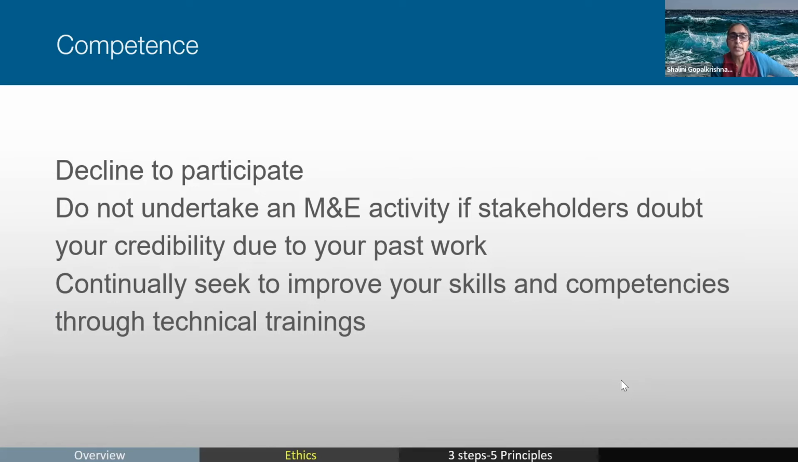Do not undertake an activity if other stakeholders did not approve of your past work, right? And always improve your skills and competence through technical trainings. You're like, okay, I have done this, I'm good, I can do this, but it's never ending. You know, every new day, new things come up and new ideas come up and we don't know. Okay, so make sure you are responsible for being competent in what you're doing and not